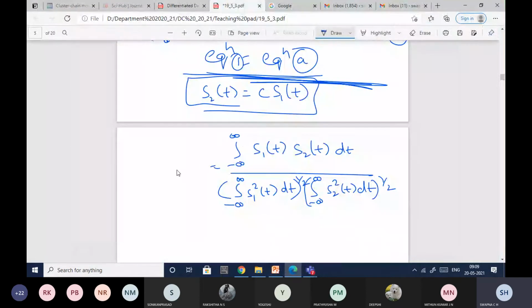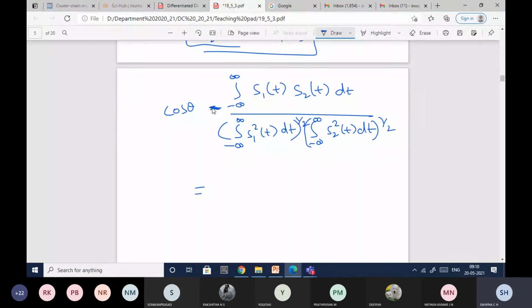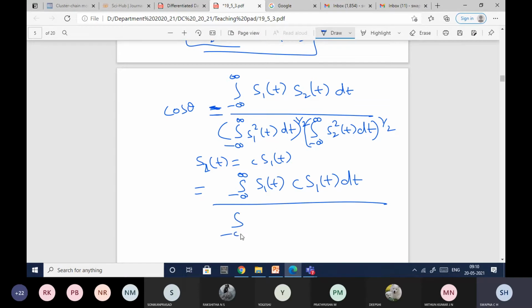Okay, fine. So this is the equation for cos theta. This equality sign holds good only when s2(t) is equal to c s1(t). So I'll just substitute this in here. So it will be the integral from minus infinity to plus infinity of s1(t), s2(t), where s2(t) is nothing but c s1(t), dt,